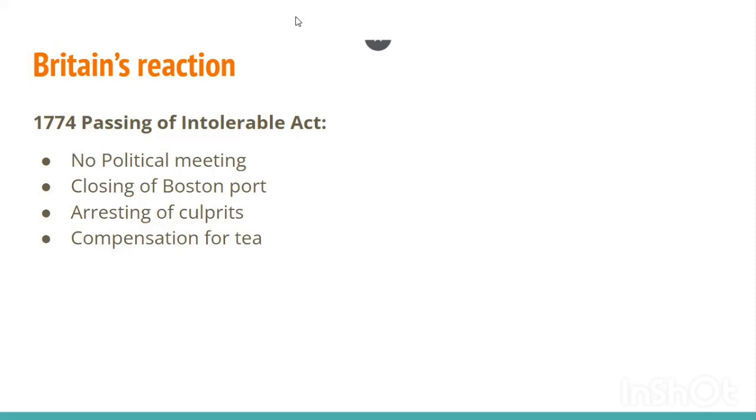Closing of Boston port. So Boston's harbor, its port, was closed. Next on the agenda was arresting of the culprits. So those who were responsible for this act would be arrested. And the last was compensation for tea. So the entire loss caused by throwing the tea samples into the water, the complete compensation would be taken from the people of the colonies. Okay, so passing of Intolerable Act: no political meeting, closing of Boston port, arresting of the culprits, and compensation for